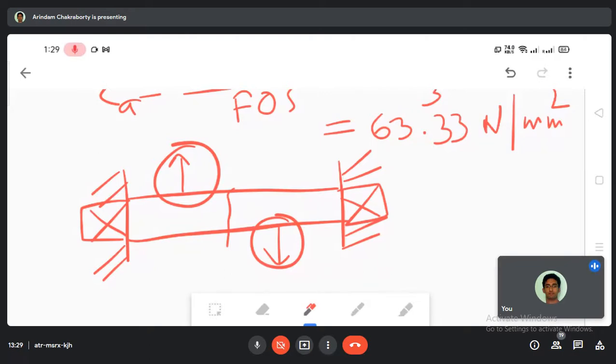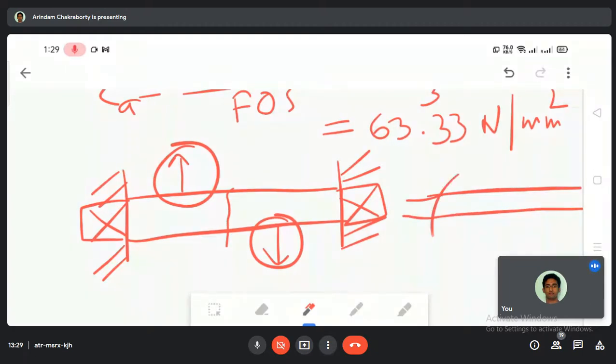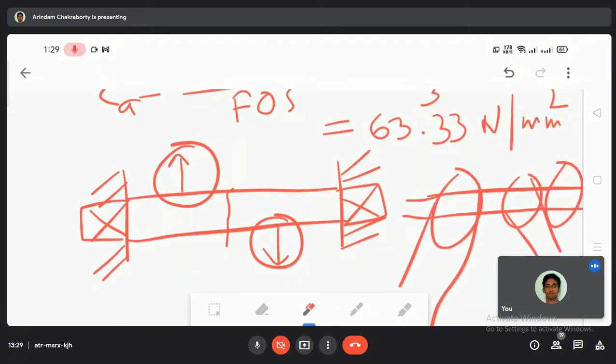So what you can see, if you look at the roof, you can find this type of long shaft. You will find there are pulleys, 1, 2, 3. One pulley is connected in this manner, another in this manner, another in this manner. So you can find a lot of pulleys and one shaft. Even you can see antique machines from the British era over there.